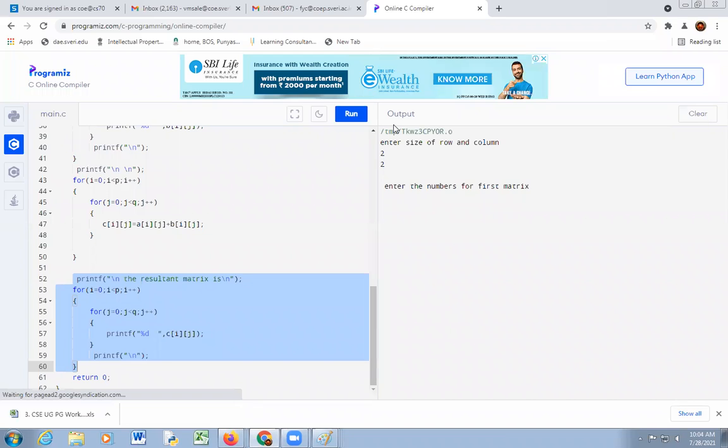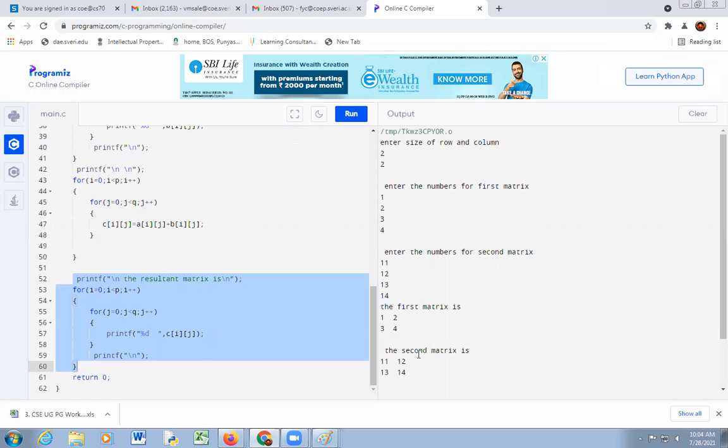So enter first matrix numbers. Suppose 1, 2, 3, 4. Enter second matrix numbers 11, 12, 13, 14.